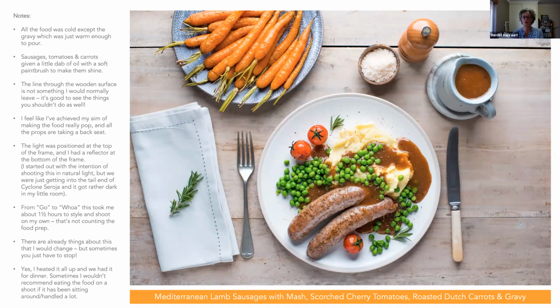I did two things when I got to this point. I went, yay, I've got my photo, and immediately started thinking of all the things I'd do differently. So at some point you just have to go, that's enough. Pour me the wine, I'm done here. But a thing that I deliberately left in is this crack in my board. I do leave that in photos sometimes, but actually in this photograph,